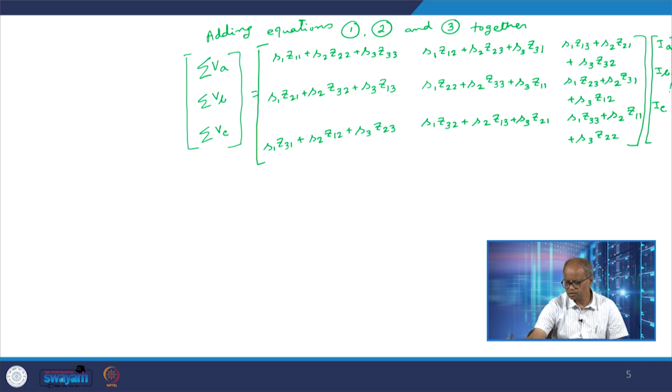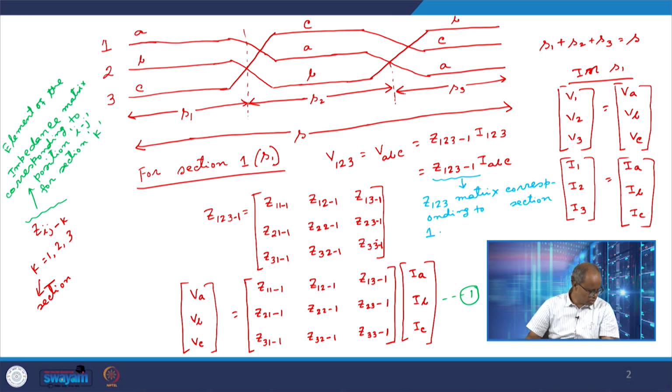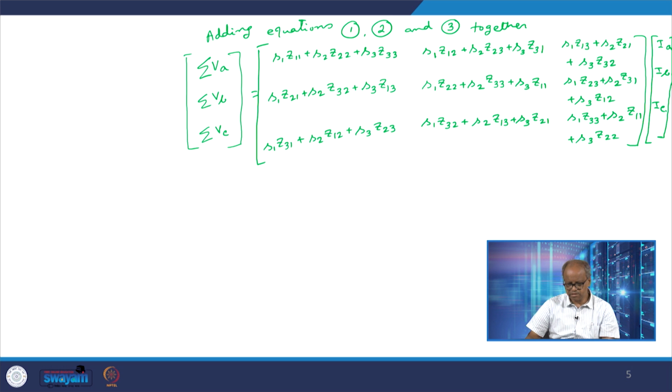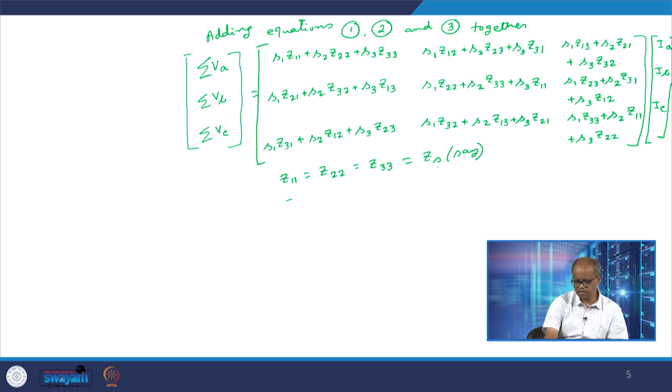Right. So, this would be IA, IB, IC. So, this is the matrix. Now, if these three conductors are the same, then I can say that Z11 is equal to Z22 is equal to Z33, which is equal to, say, Zs. Now, what is the expression of Zij? Just to understand why this is true,